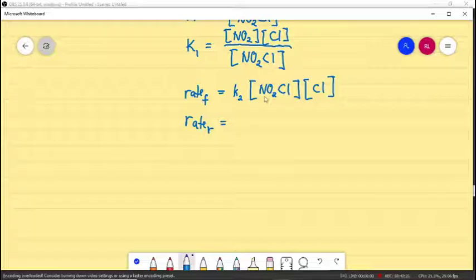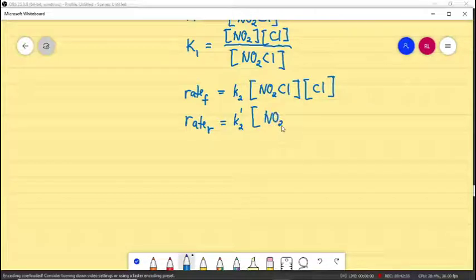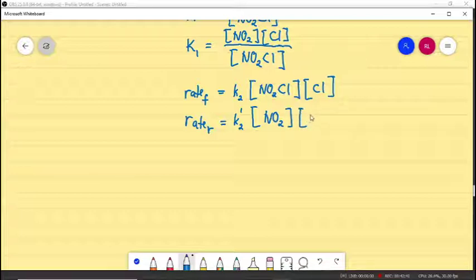Okay, we are now referring to step number 2. You have K prime sub 2 times the concentration of nitrogen dioxide times the concentration of